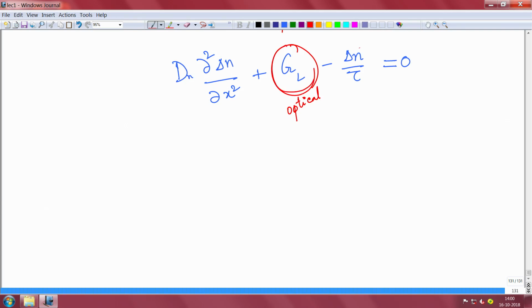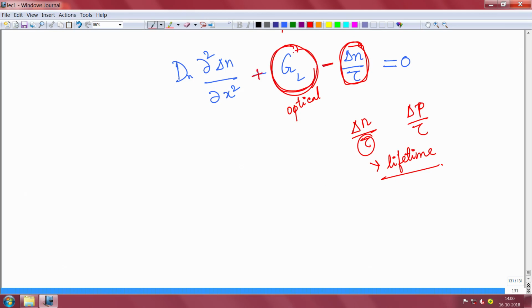This term basically means how the carriers are recombining and decaying. If you recall Shockley-Read-Hall statistics, because of traps or because of electron-hole recombination, excess carriers will always recombine. Electrons and holes will recombine and get lost, and that recombination is captured by this term. Always remember that the recombination rate is delta n by tau. Of course, if there are holes, then it will be delta p by tau, and this tau is essentially the lifetime with which they are decaying. The excess carriers are decaying, and that's why there is a negative sign here, because the carriers are recombining and being lost. There is a positive sign here because carriers are being generated. They are getting excited and generated optically, for example.